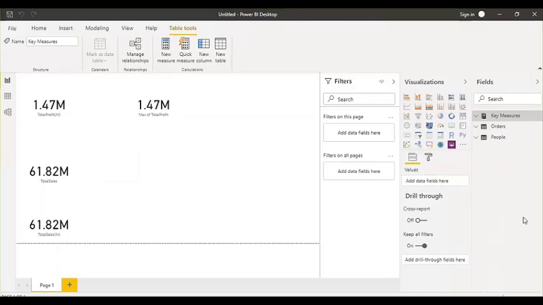We have separated key measures into a separate table. How can we know which measure is referring to which table? If there are measures, measures is like measures. You don't need to. Okay, so I think you got confused.